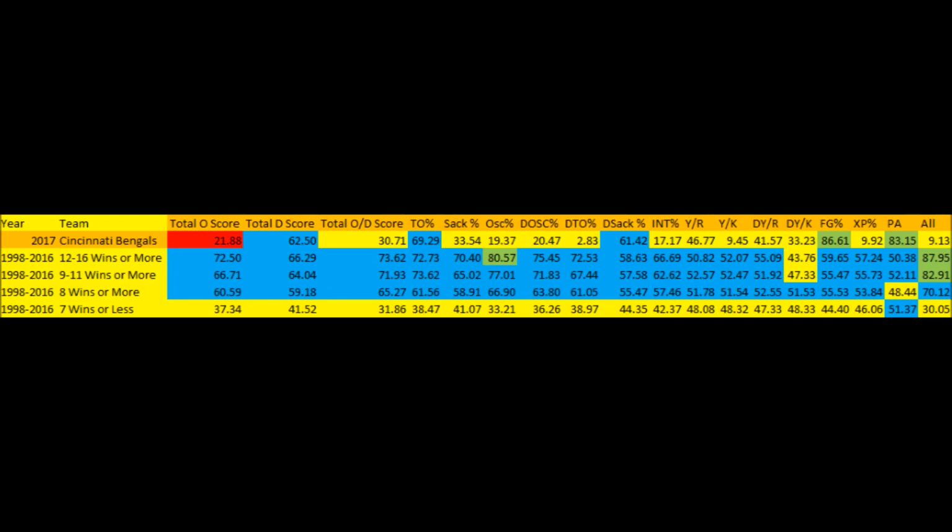And then special teams wise, field goal percentage was pretty good. So not a lot of things improved there. Extra point percentage could use some improvement. And all, of course, could use some improvement. And all will go up if you improve in all the areas I just mentioned. If you improve in terms of offensive score percentage and defensive offensive score percentage and all those other areas, then all will go up. And if you get into the 70 to 80 range, you will win more football games, if you are able to do that.